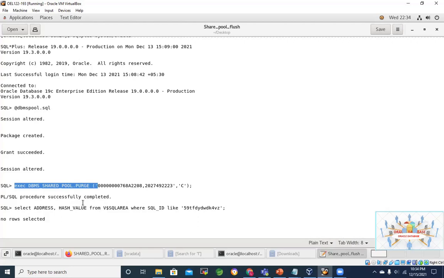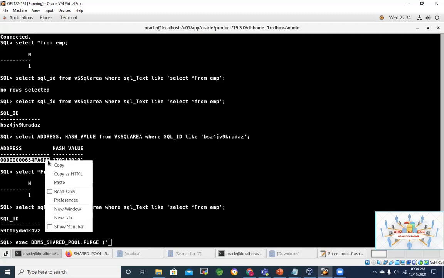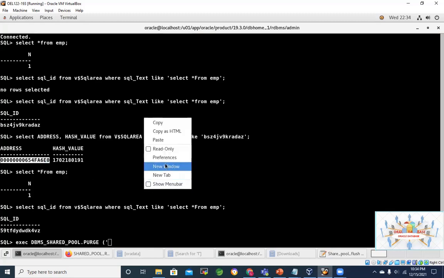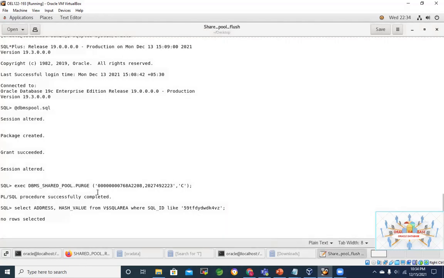The particular execution plan, I need to clear it off from my library cache. So what can I do? I will just run this statement. Let's try that one. We need to pass these parameters. The first parameter is a combination. Make sure it's a combination, right? That is how we should run it. You can put a comma in between, and there are no quotation marks.